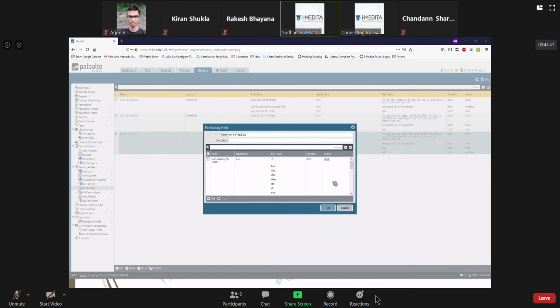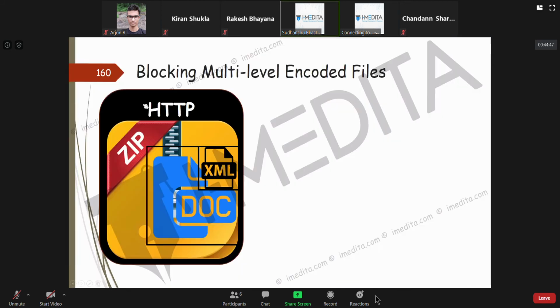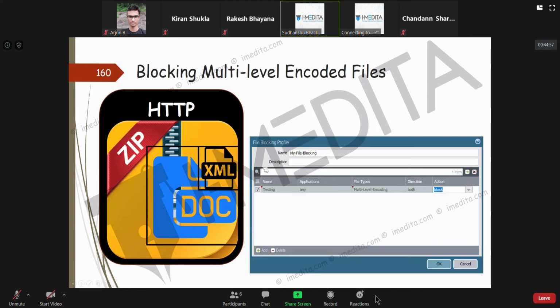And also see, if somebody is trying to have multiple levels of encoding for a file beyond 4, they are not trying to do something general, right? So most of the time, it's highly recommended that you at least block multi-level encoded files.